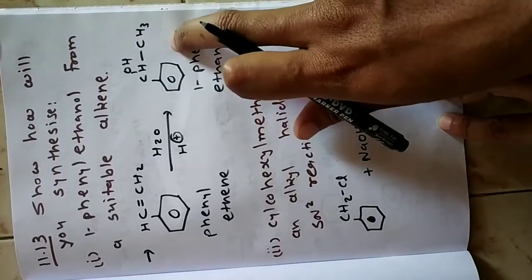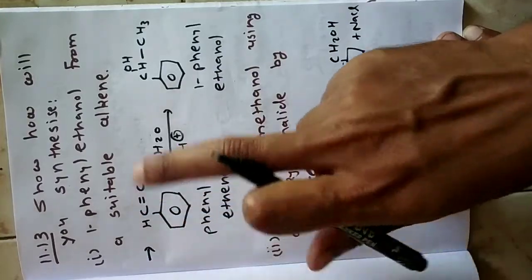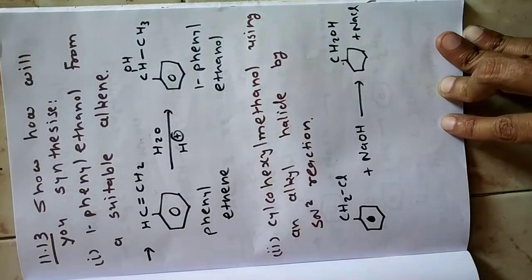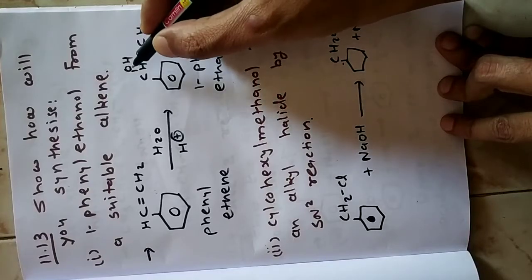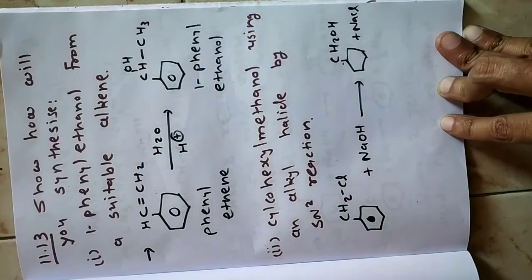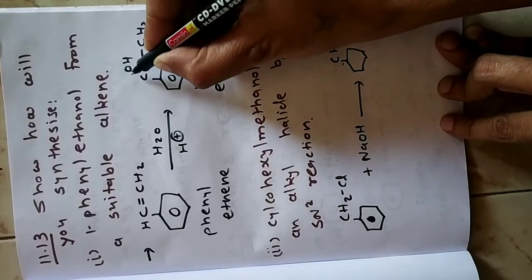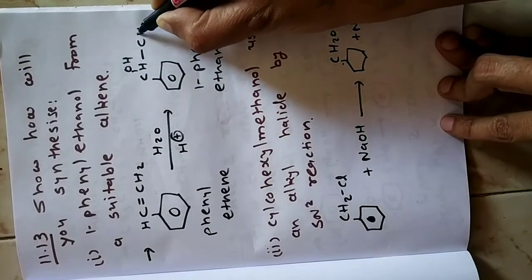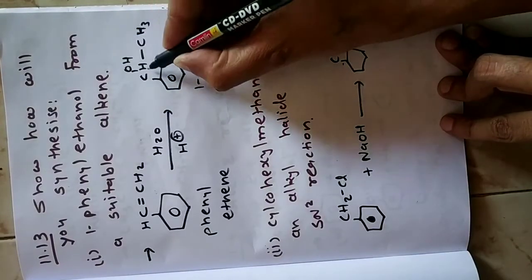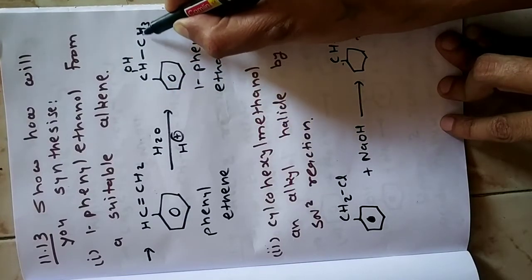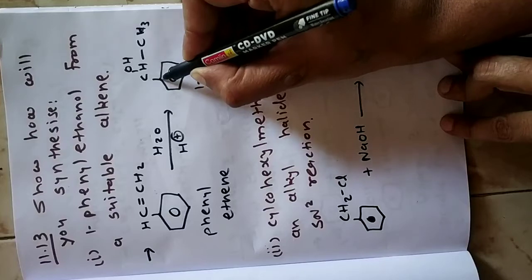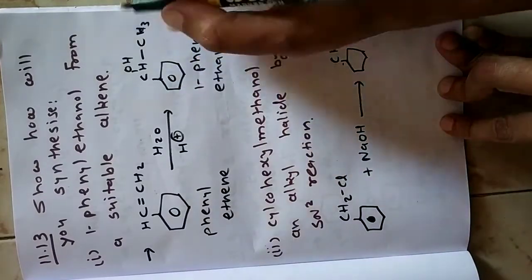This is our product; the starting material and reagent we have to select. So what you have to do for this type of reaction, if you have to prepare an alcohol from any alkene, just remove OH and a hydrogen from the adjacent carbon. Again, remove OH and a hydrogen from the adjacent carbon, not this one, because this one does not have any hydrogen now.